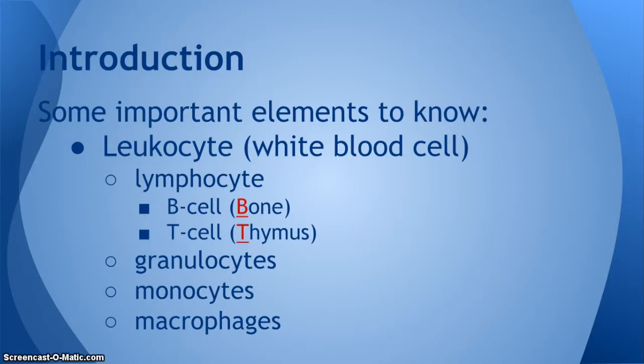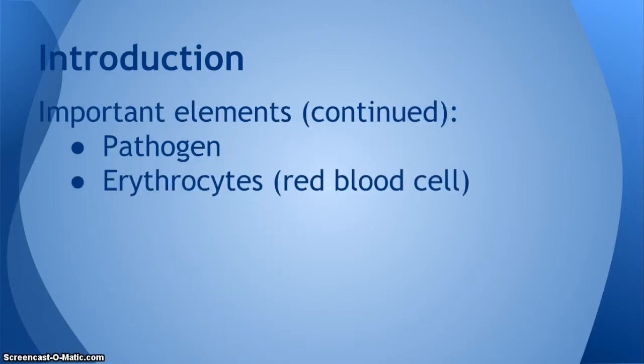And how they get their names is, the B cell is produced in the bone marrow, so it gets the B, and the T cell matures in the thymus, so it gets the T, and it's very easy to memorize. And we are not going to look a lot into the different cells today because it's really complex. And the other important cell that you should know is first the pathogen, which is a specific